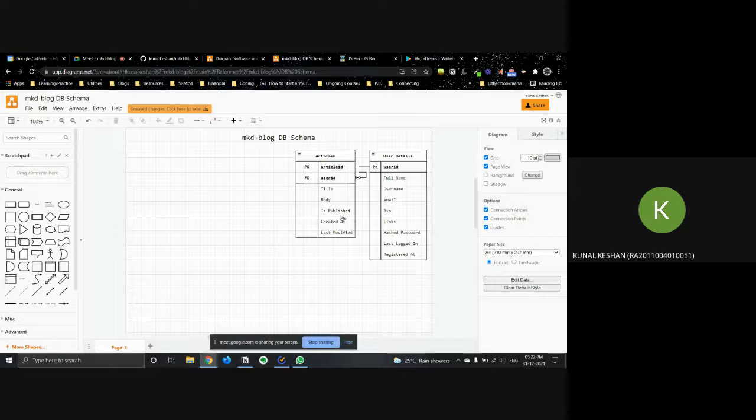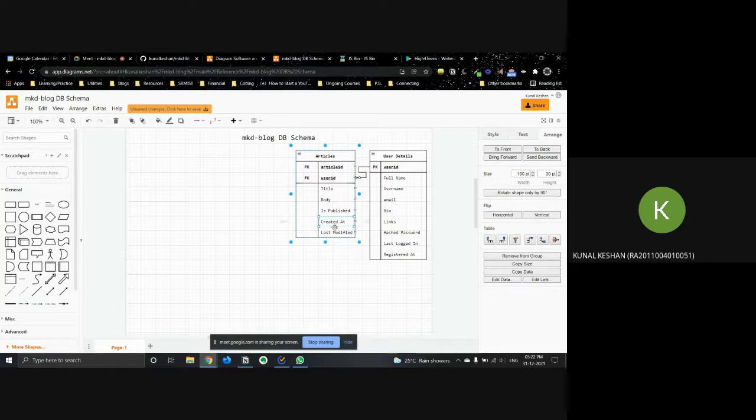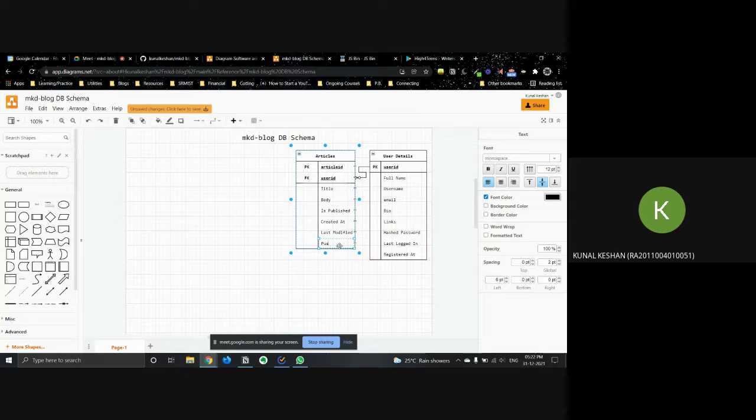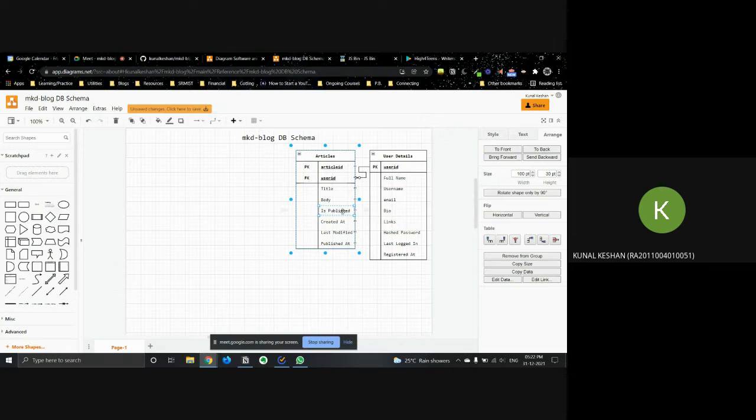All right. Is published, when it was created, when it was last modified, and another one including published tab. So these two fields, whenever this changes to true, this one also will get updated. Okay, so these are the fields associated with an article.